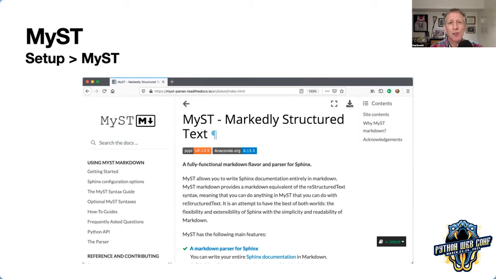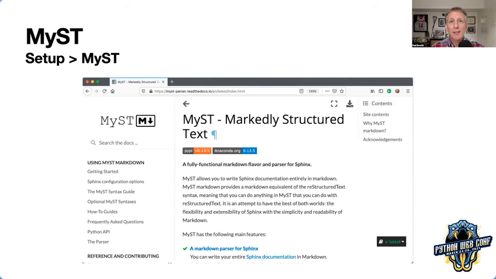So in a nutshell, architecturally, MyST and the layer below it, Markdown-IT-Py, it's a parser for Markdown in Python with some cool extensibility features. And then MyST takes that and generates doc trees for docutils.